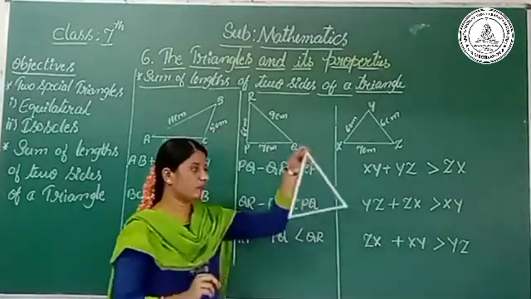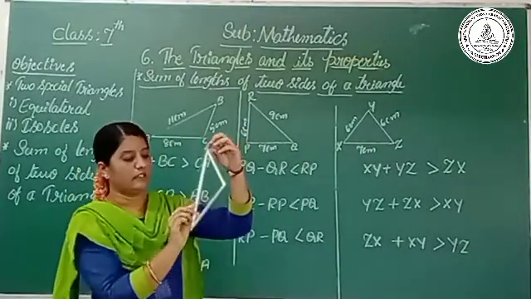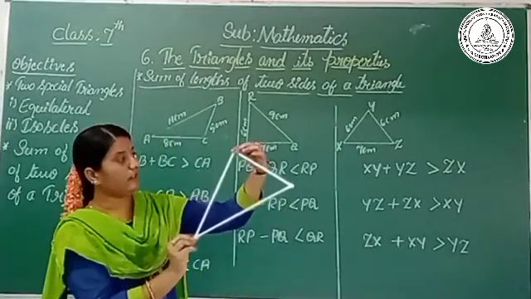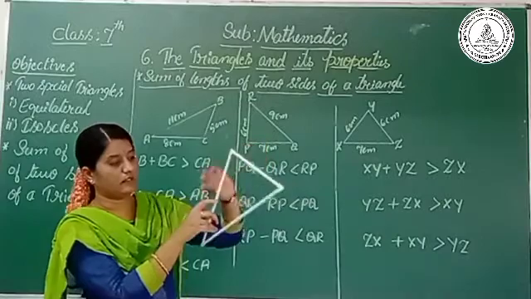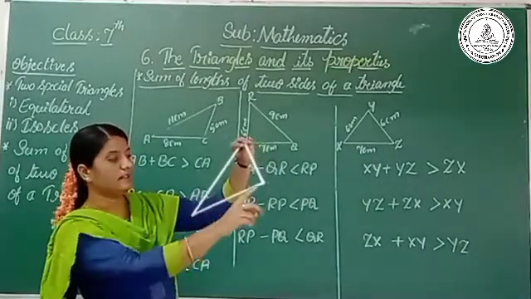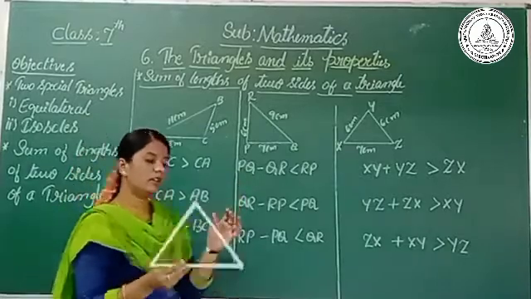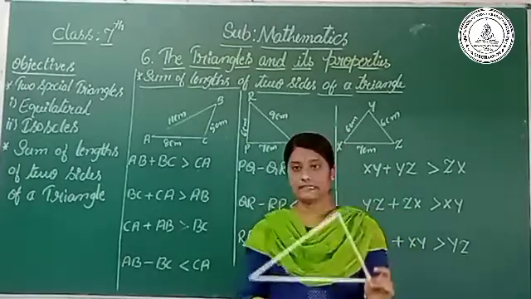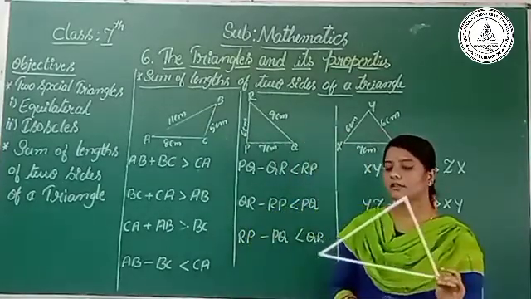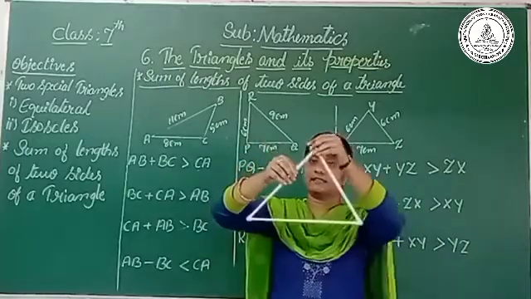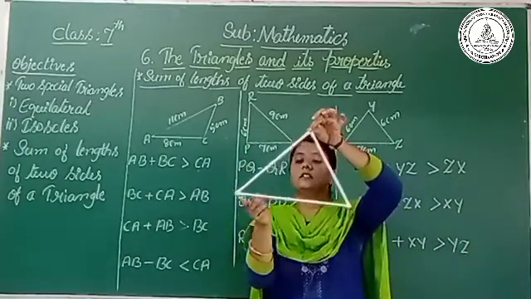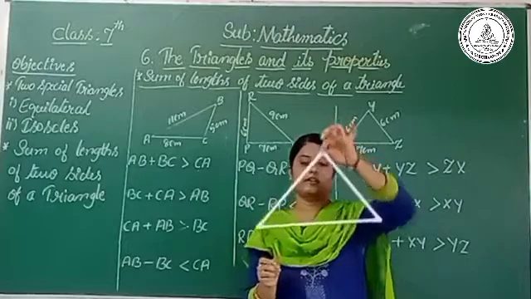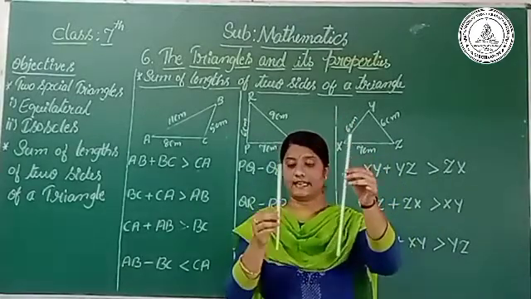In this triangle you may observe the measures of the sides. The side AC measures 6 cm, the side AB measures 7 cm, and the third side measures 8 cm. Here we have to check that the sum of two sides of a triangle is greater than the third side. How do we check this? If I add two sides, the sum of these two sides is greater than the third side. Then let's check here. Now I will remove this triangle. Here one of the sides is 8 cm.